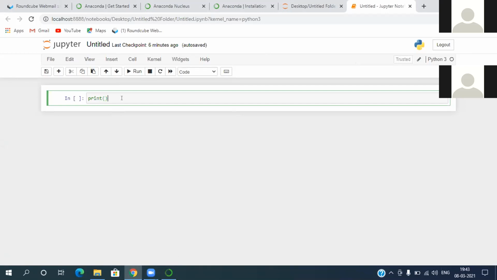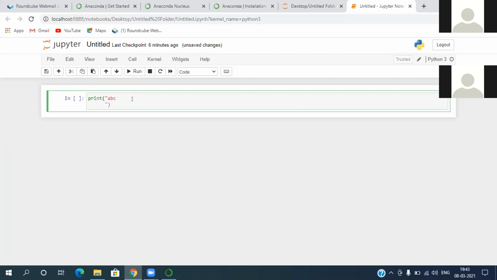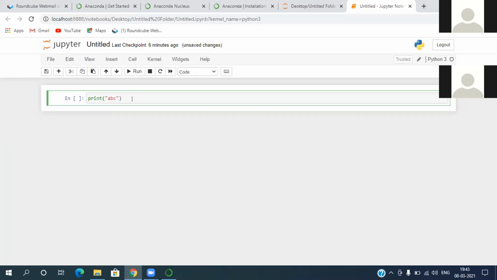Why I'm telling you to do this inside the bracket, I'll explain. Now press Control and Enter.